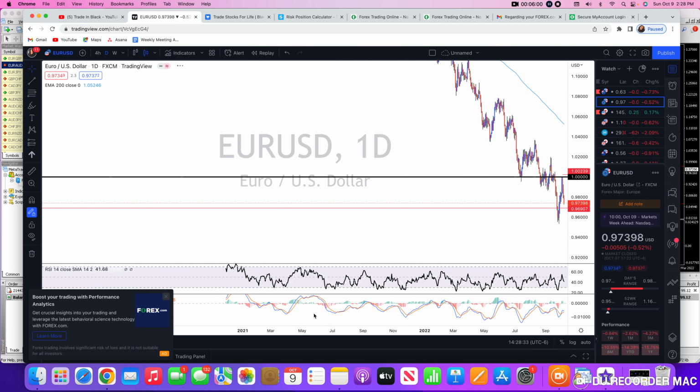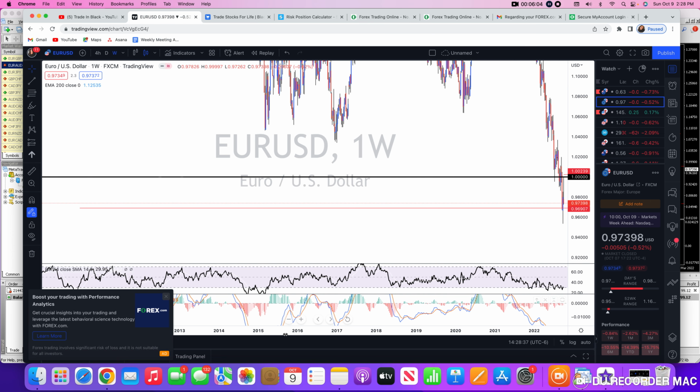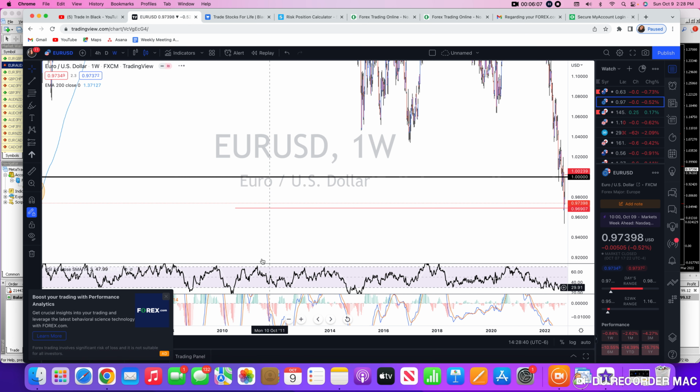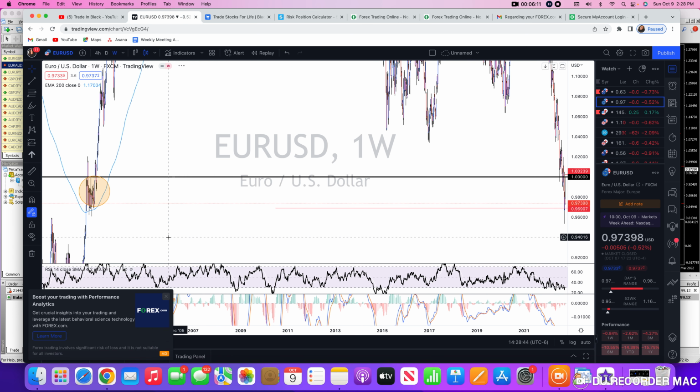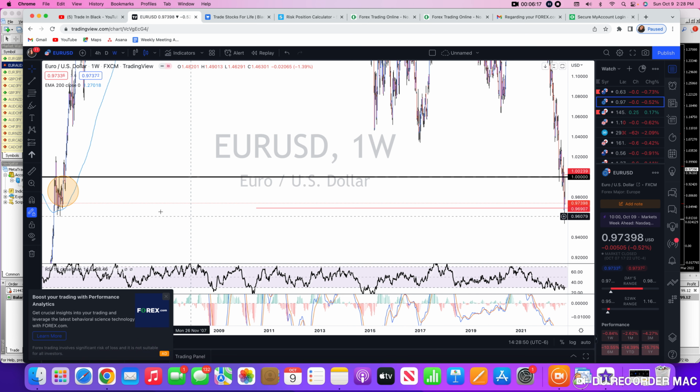Let me squeeze this up a bit. Actually, I might have to go on the weekly with this one just so that I can get closer to what previously happened when price was here. And funny enough, I'm still in a position. I actually ended up getting back in on a second position here on US dollar. But I think we could see possibly some consolidation. So based upon what has happened last time,